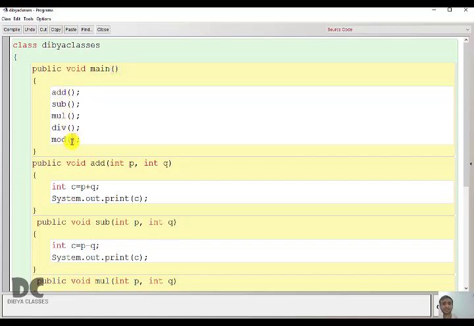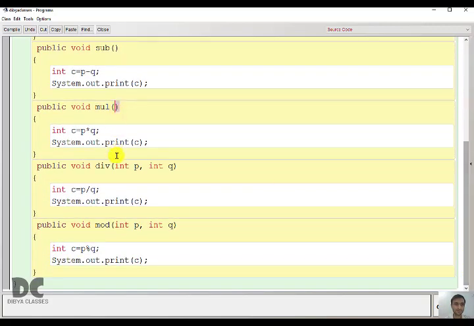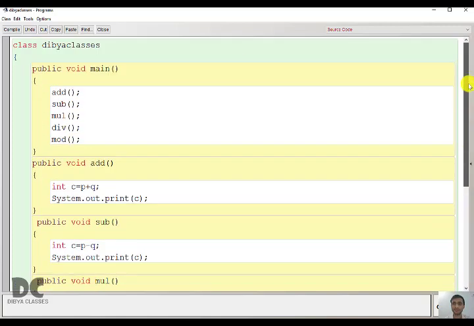So here basically the client is asking, take any value and add it. Since there is no value to give, the parameter is not required, because you are not taking any value from your employer, from the CEO. So here also this will be empty. Always remember this part: the calling function parameter, which is known as the actual parameter, and the formal parameter here, these two should always match.